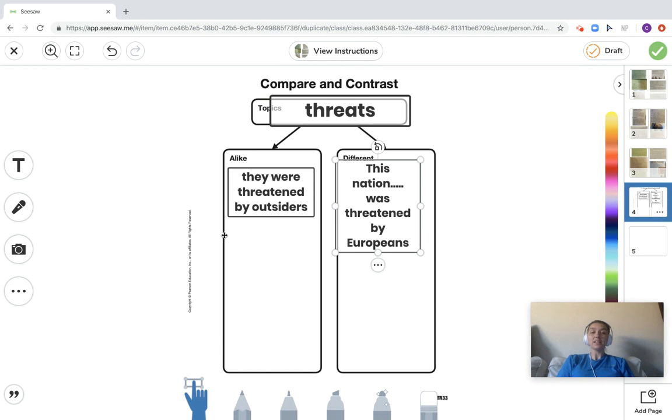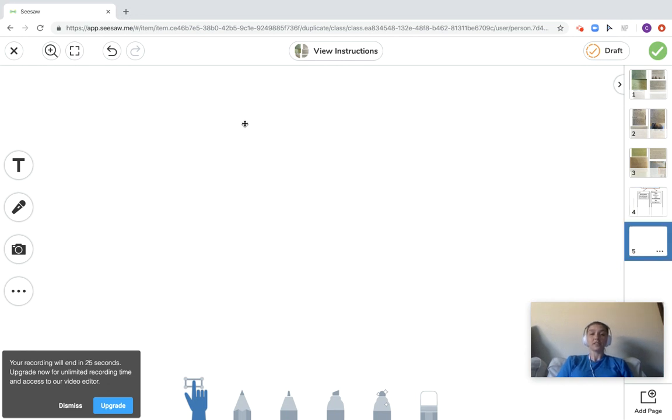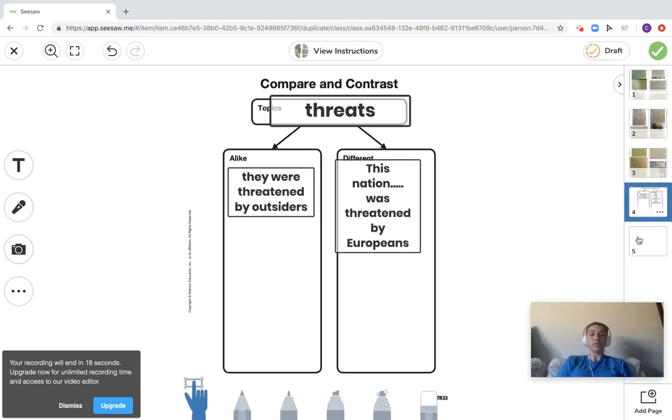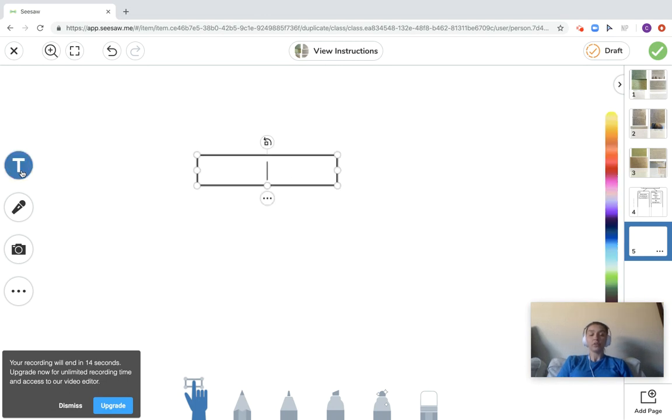Okay, so once this is completed, you want 3 to 5 facts or details about how they are similar or different total on each side. Okay, so you should have between 6 and 10. Then once that is done, you are to assemble that into a compare-contrast paragraph using your information on here. You can either type directly onto this blank space, or you can write on a piece of paper and upload an image here of your finished